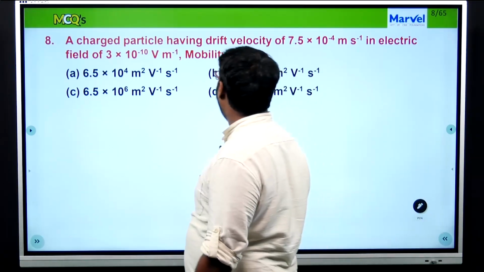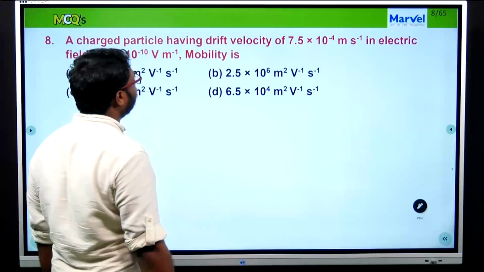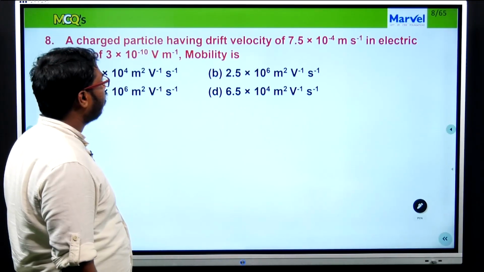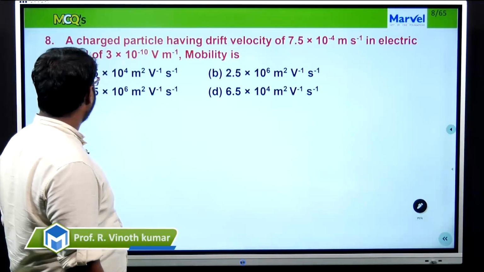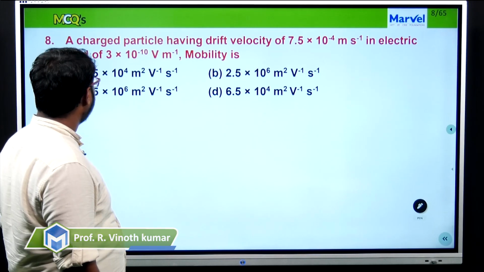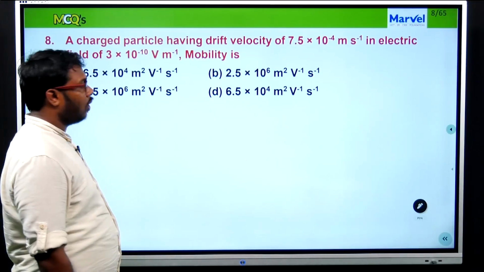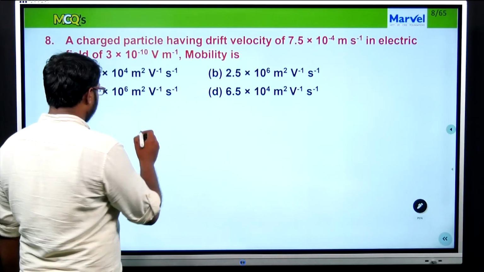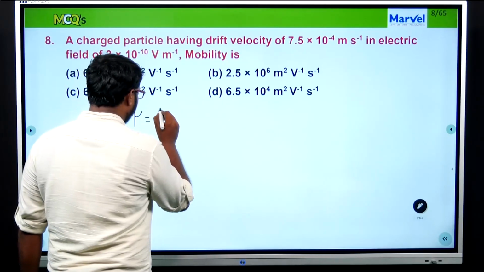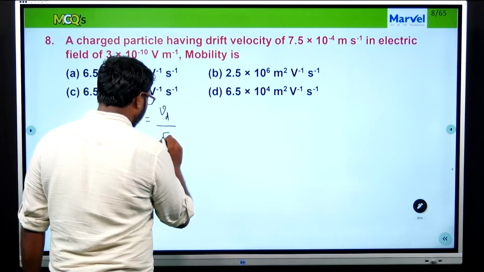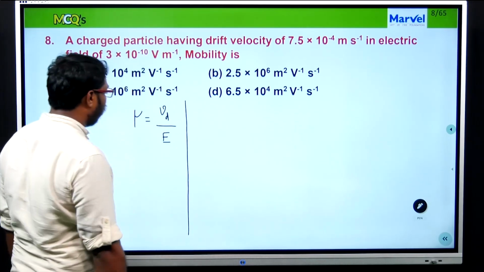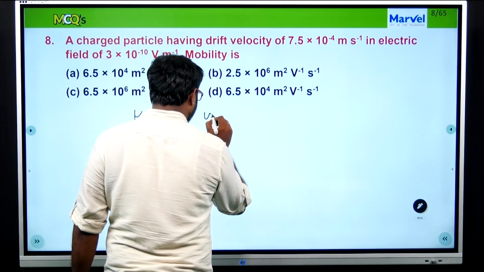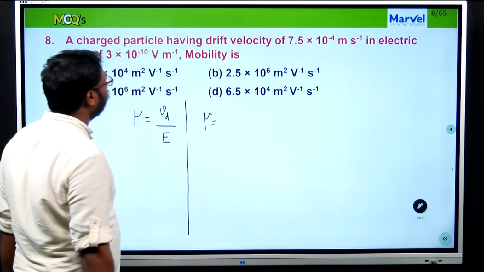A charged particle having drift velocity of 7.5 × 10^-4 meter per second in an electric field of 3 × 10^-10 volt per meter. They are asking us to find the mobility. Immediately, the basic thing: mobility is nothing but the drift velocity per unit electric field, where mu is equal to